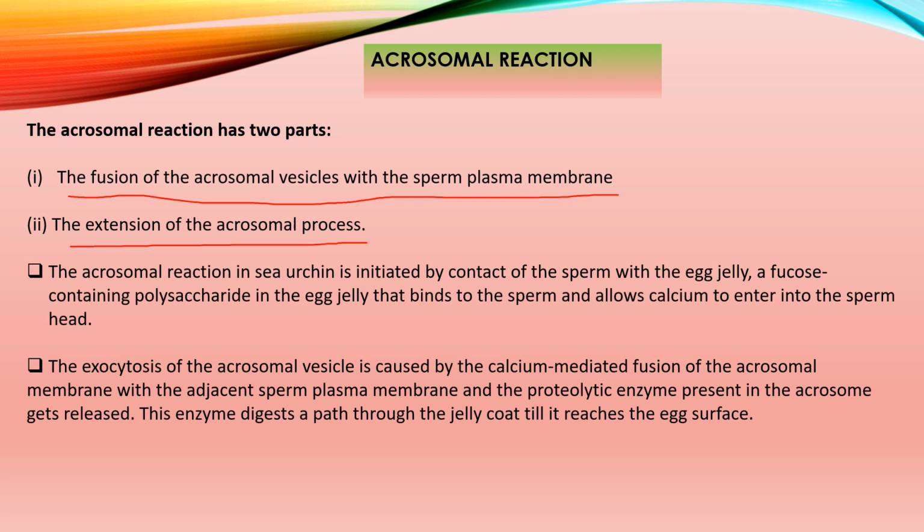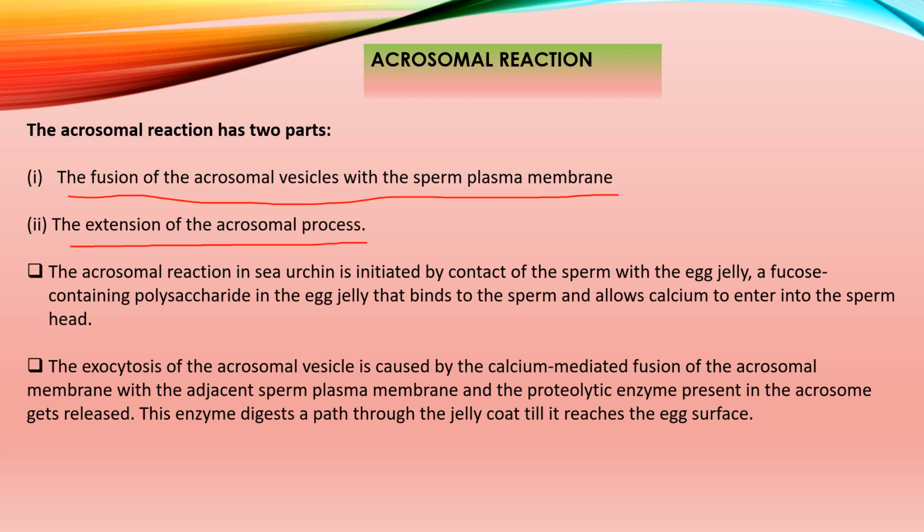As in the structure of the sperm, in the head of the sperm there is a haploid nucleus, and above that haploid nucleus there is a cap-like structure called the acrosomal vesicle. This acrosomal vesicle is filled with proteolytic enzymes, and it is derived from the Golgi body. So when the acrosomal vesicle fuses with the sperm plasma membrane,